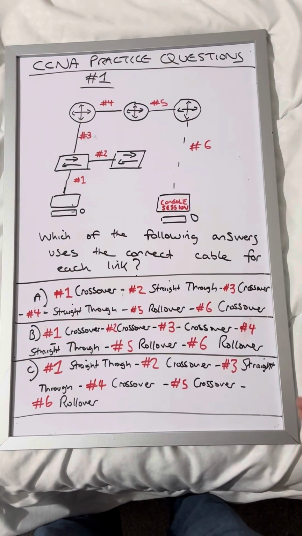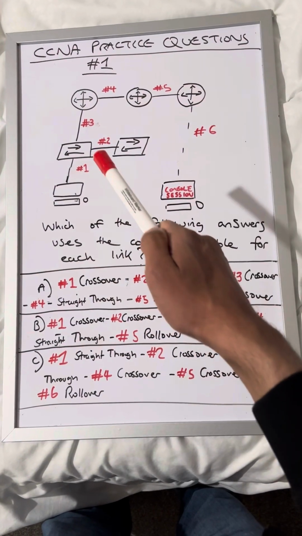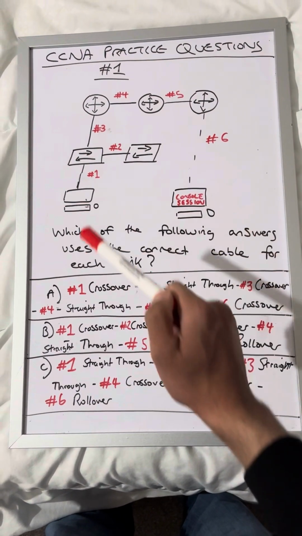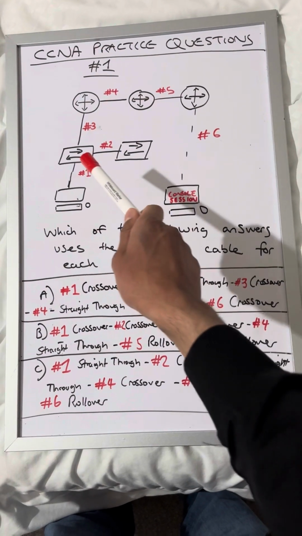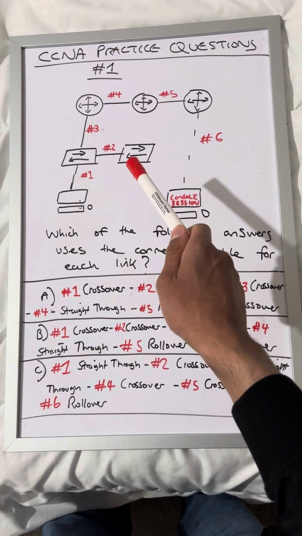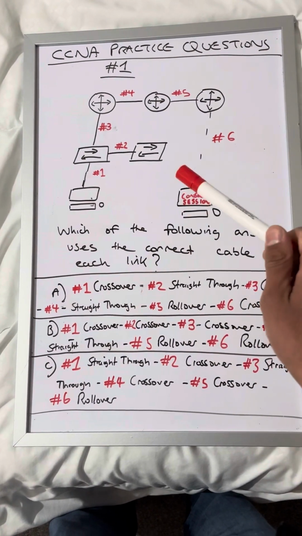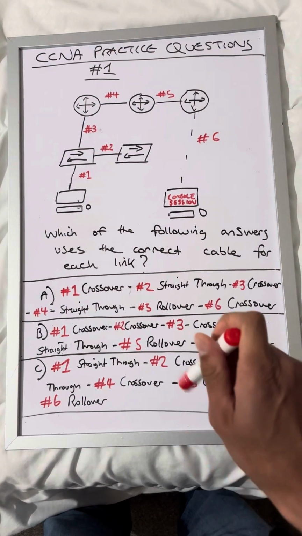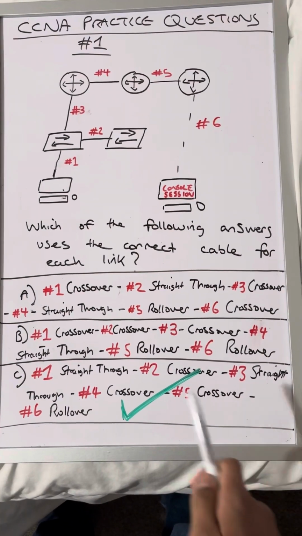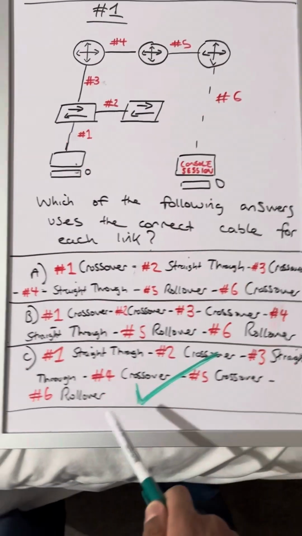Okay, so for the answer, firstly, we need to understand which cable we use for which connection type, because it's different for different use cases. Here, switch to switch would use a crossover cable, and a router to a switch would be a straight through cable. So the correct answer is C, and this is the reason why. C is the correct answer, and if you selected C, well done. The reason is